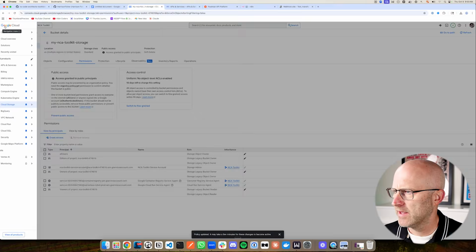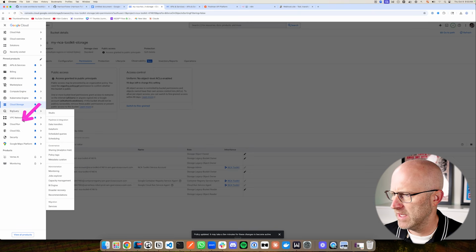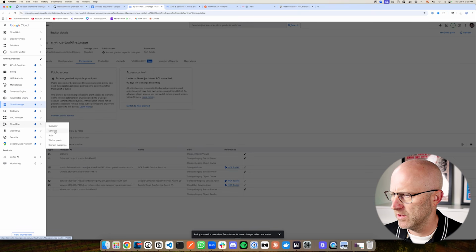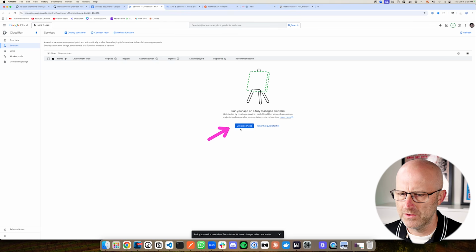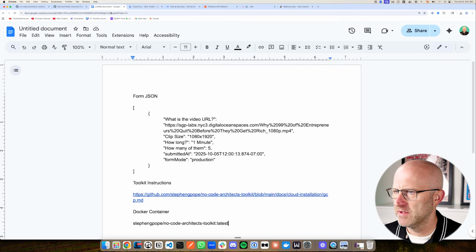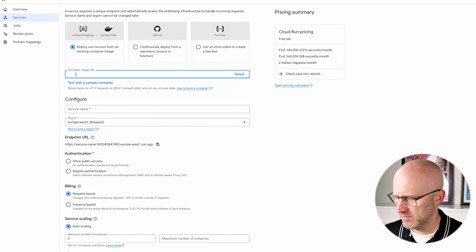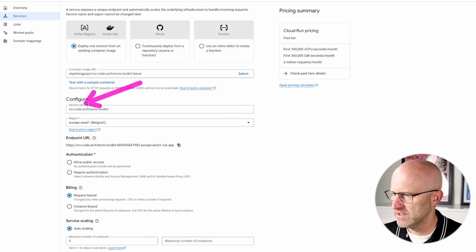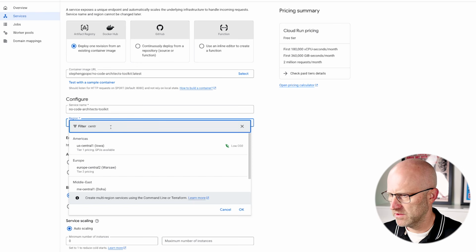Now from here, we're going to come back to the menu. We're going to jump down to Cloud Run and we're going to go to services. From here, we are going to create a service. We are going to deploy from Docker Hub. You can leave that there. In the document that I linked below, you're going to be able to grab this Docker container location here. You can copy it. You're going to paste it right here. You can go ahead and leave the service name as No-Code Architects Toolkit. For the region, I'm going to go ahead and use Central